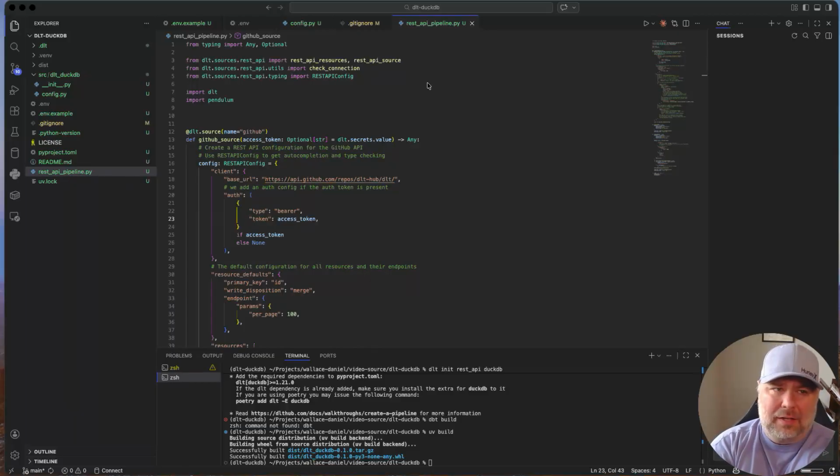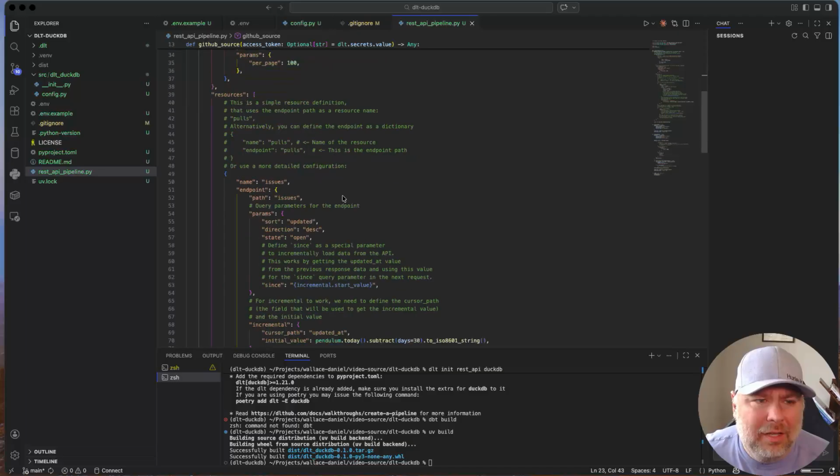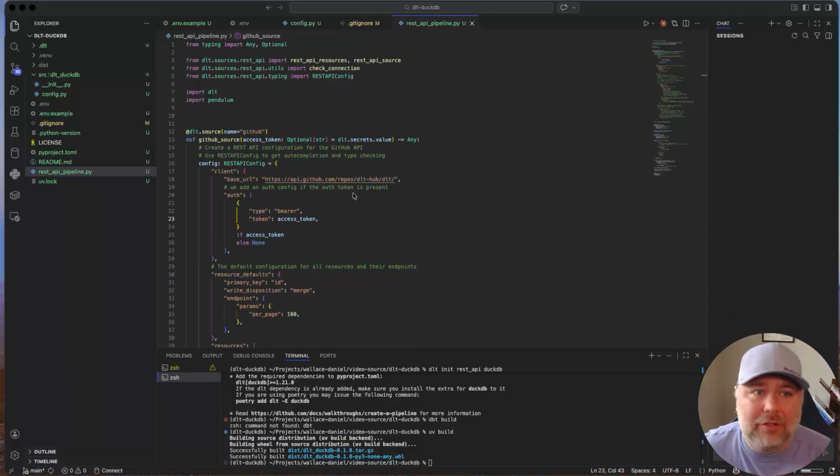Pendulum was a little different. It said that it was from dlt.common.pendulum. Yes, but it's also not in the __all__. So you just import pendulum and it works. You don't have to fight that whole thing because your type checkers don't like it. So this is the final working version that currently doesn't come with DLT install